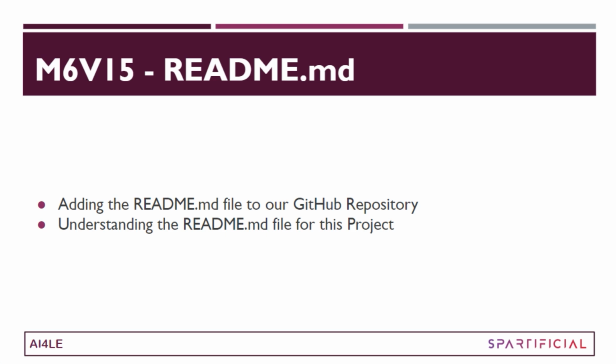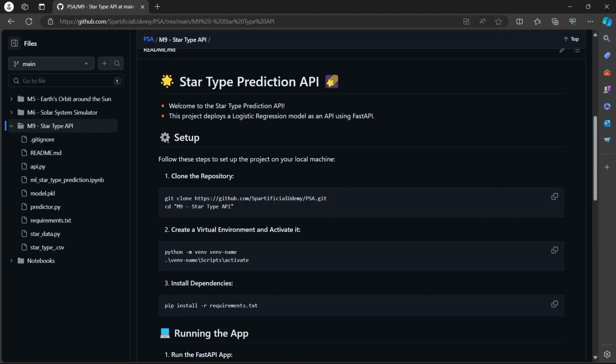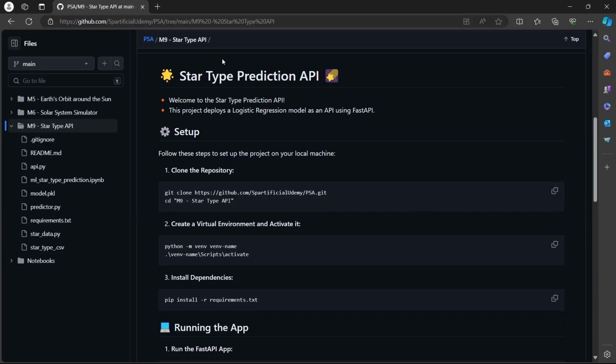And over here we are going to add the readme.md file to our GitHub repository and then understand the readme.md file for this project. I have already created it in a step-by-step manner, and you can create one that is very similar to this, the way you would like to have it for yourself. So let's get started. I've pushed all the changes to the GitHub repository